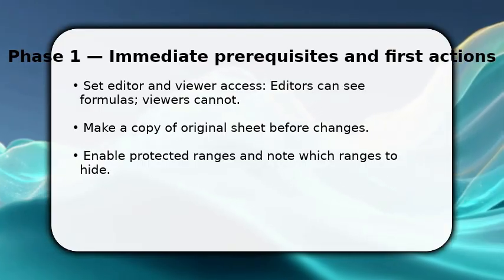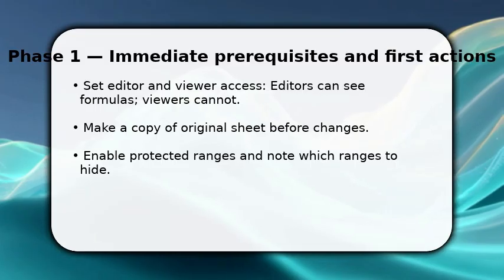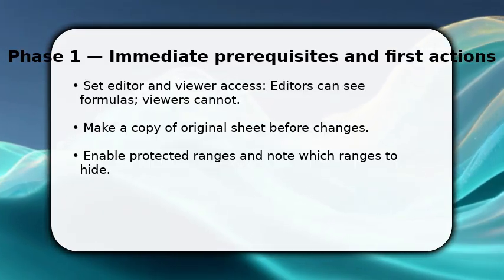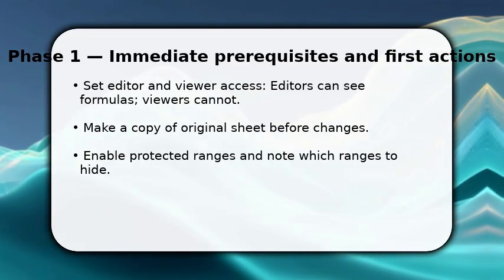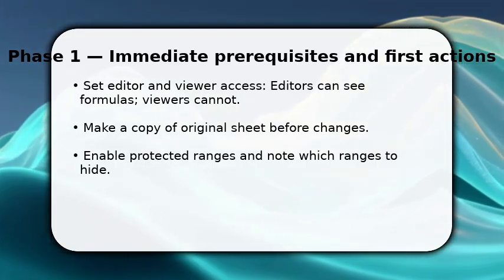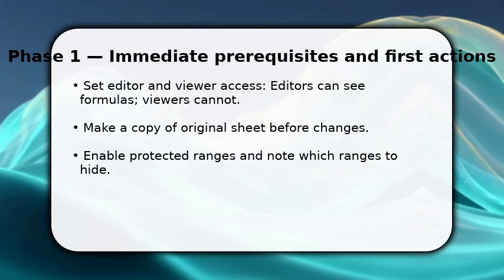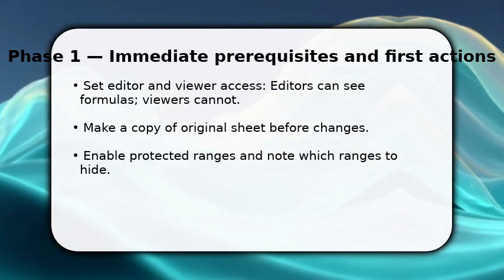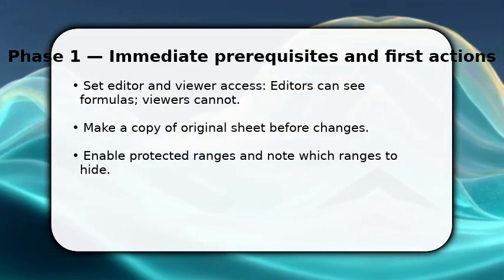You start by confirming access and making a backup copy. This protects the original if you need to revert. Next, identify the cells with formulas you want hidden and record their addresses. Then, open Data, Protect Sheets and Ranges, create a protected range for those cells, and restrict editing to specific accounts